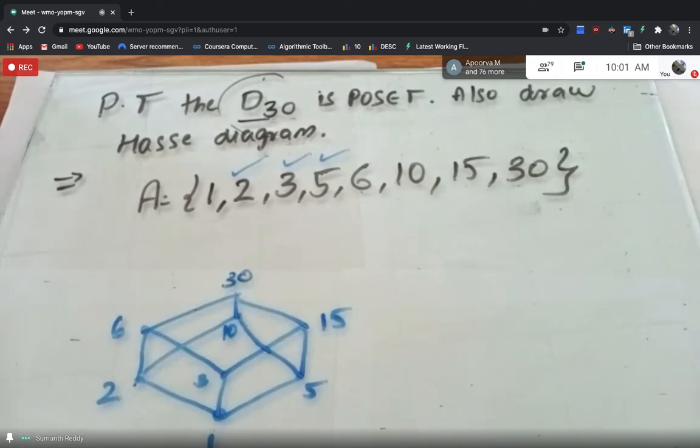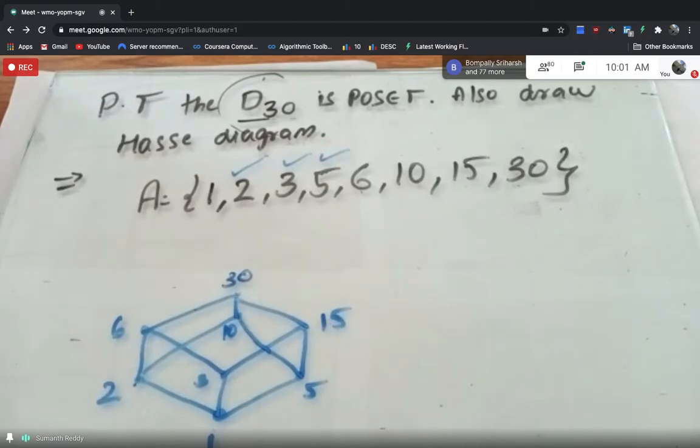Fine. So is it clear, students? Should I explain this again? As I have told you, if you are getting a different shape, don't think it is wrong. It is also correct. If you are okay with this, I'll go with the next problem. Is this problem clear for you?